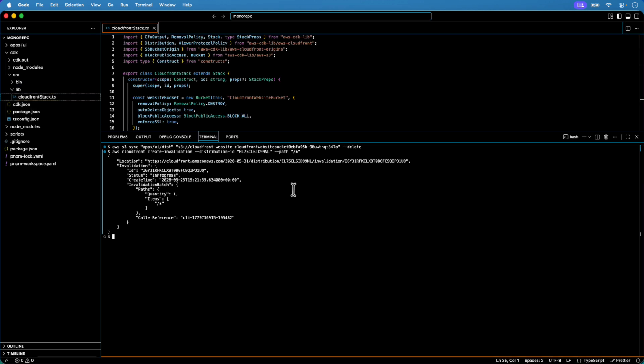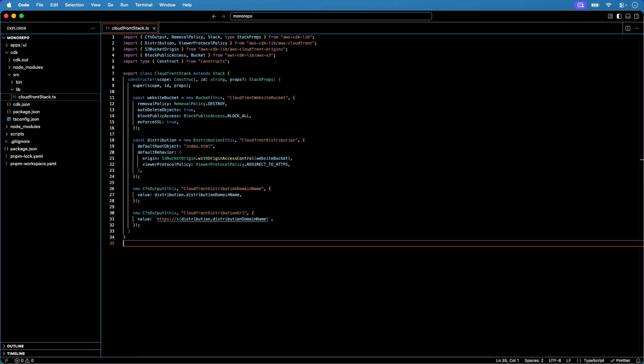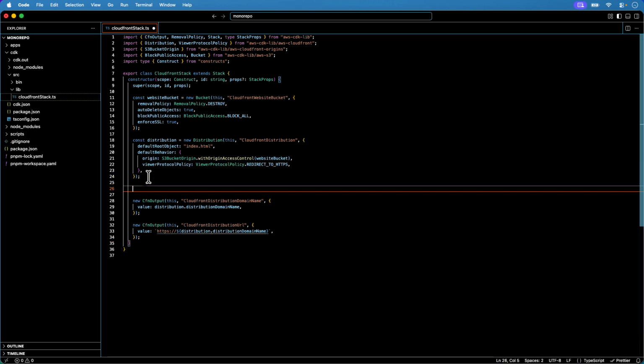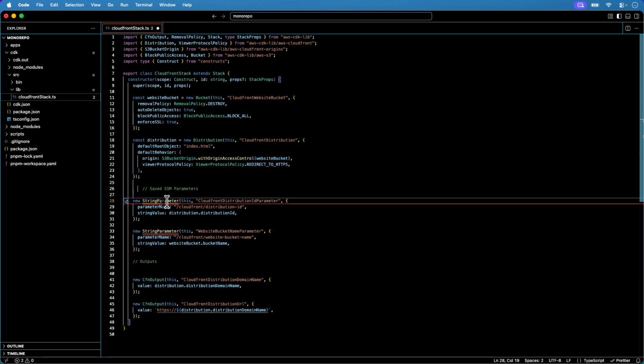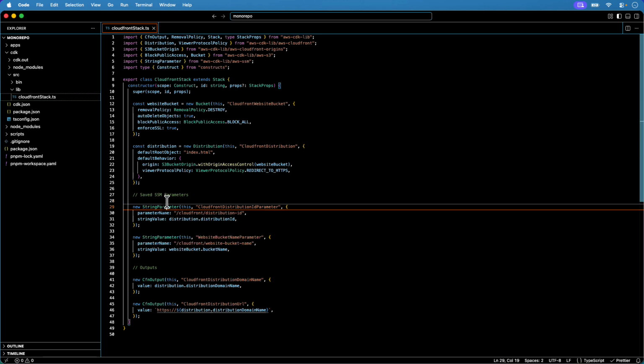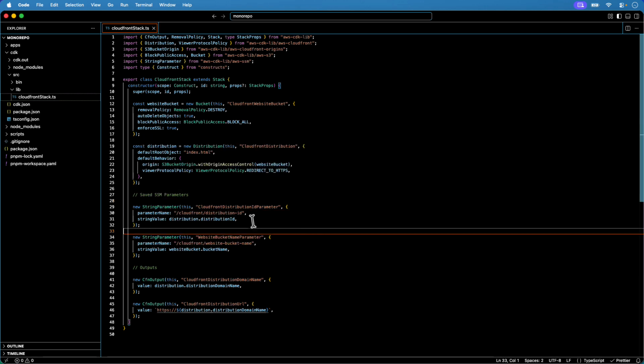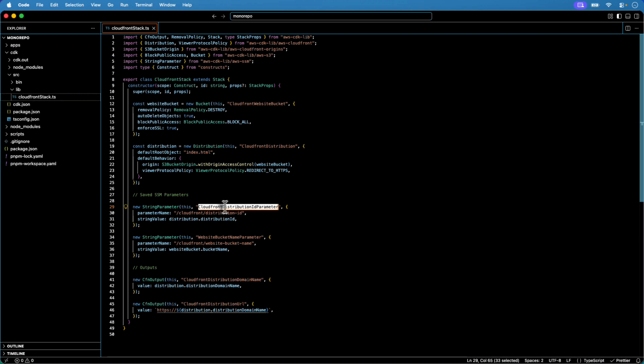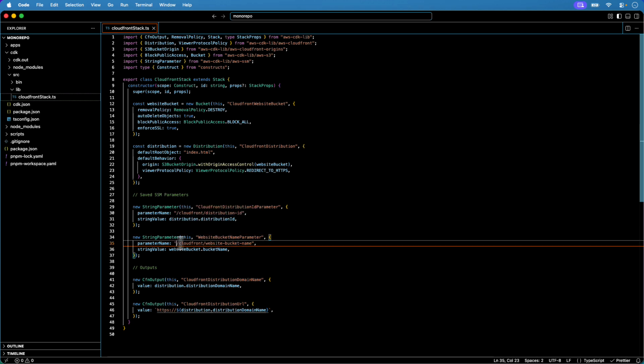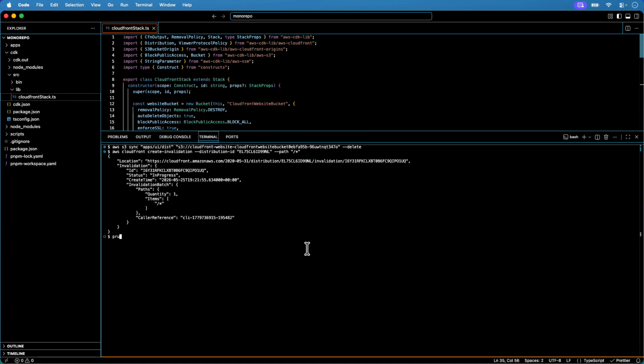Here it is at the moment. I'll put this terminal away for the moment. Okay, so I'll just insert a couple of lines of code here, and this needs importing. So a new string parameter, I'm giving it this name. This is just an internal name, but it's going to be held in this parameter, CloudFront distribution ID, and it's going to contain the distribution ID, and similarly CloudFront website bucket name. So if I now run pnpm cdk deploy,